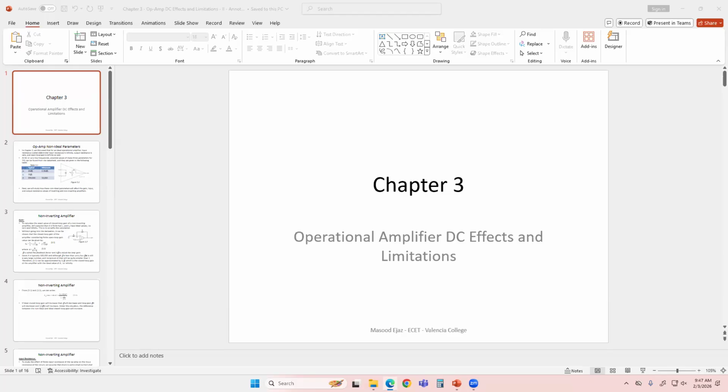And the ideal condition of operational amplifier that you're using, that is, your gain, the open loop gain, is infinite, your input resistance is infinite, that's why no current goes inside the terminals, and your output resistance is very small, approximately 0. These are 3 ideal parameters that we are using so far. So in this chapter, for the DC effects, we are going to show that these ideal parameters are perfectly valid